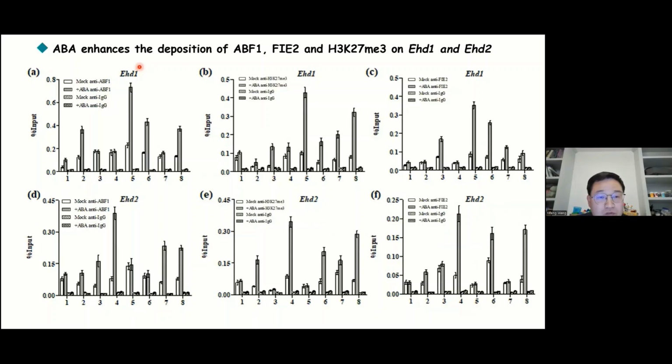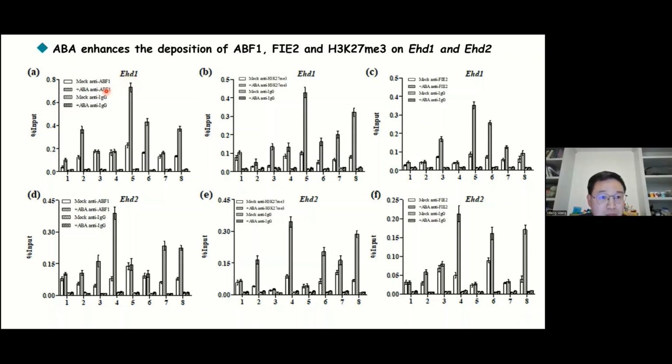So we finally wanted to explore the role of ABA in the deposition of ABF1, FIE2, and H3K27 methylation level on HD1 and HD2. ChIP-qPCR was performed on the wild type seedlings without treatment and with ABA application treatment. Interestingly, we found ABA treatment can significantly enrich the ABF1,